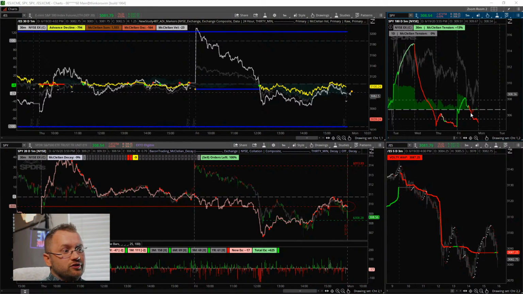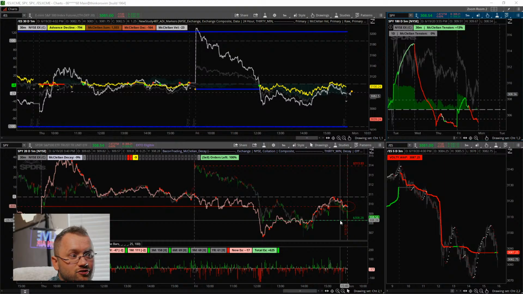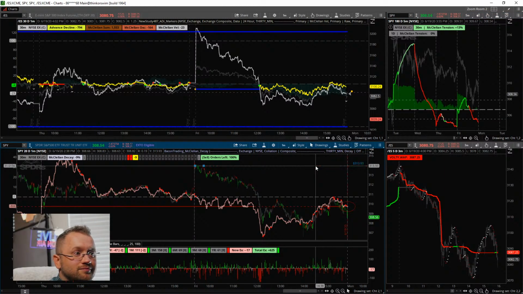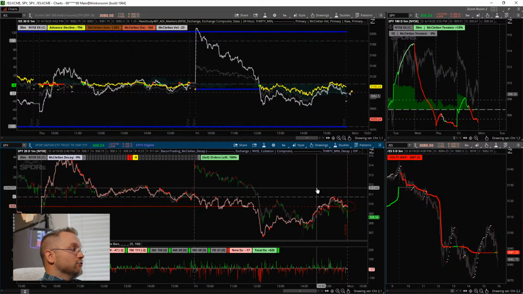I don't have a really good bead on what I think the market's going to do over the weekend. But I do think the bears have a little bit better chance, because the bulls are leaning on hope, and hope has always been a bad strategy to operate from. So those are my thoughts going into the weekend and how I think this needs to develop. I don't think there's a clear direction, but the bears have a little bit better edge, just because of what the bulls are doing.